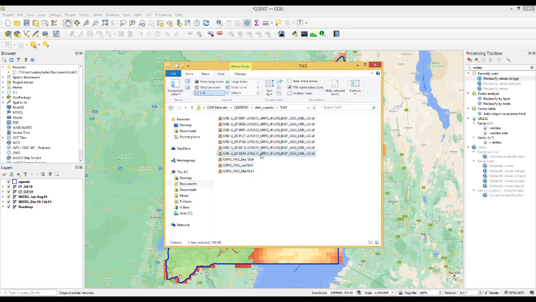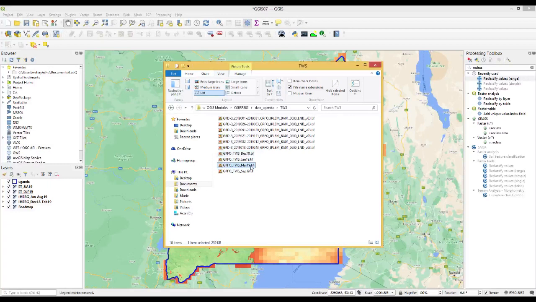And last one would be September data, GLFO TWS SEP 19. Actually, I will calculate the differences from this March to